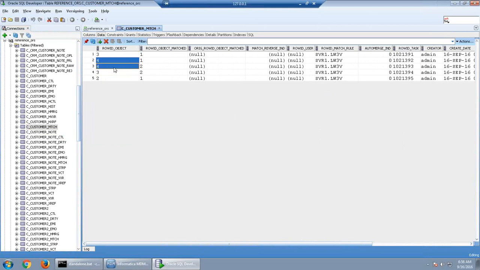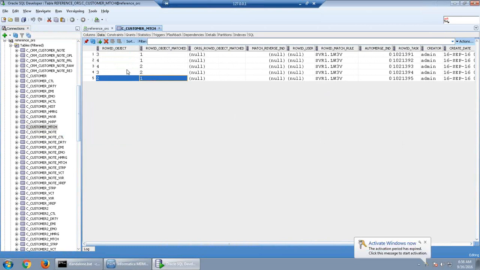Similarly, 4 is getting matched with 1, 4 is getting matched with 2, and 1 is getting matched with 2. The same thing, null matches non-null. So a null value is getting matched with non-null values, and wherever first name and last name are exactly matching, that will always be a match. Other than that, wherever a null value is there, it will try to match with a non-null value.